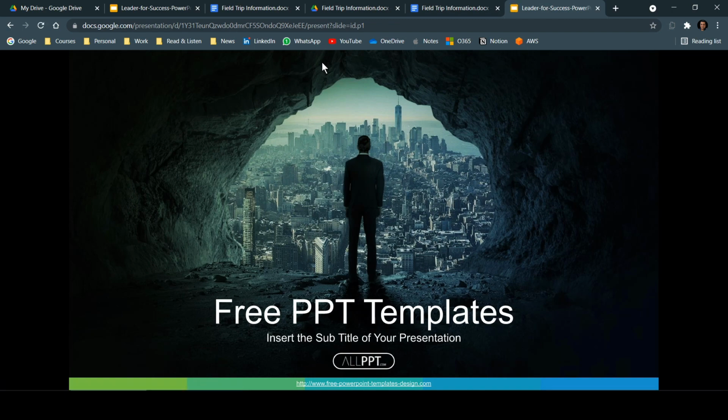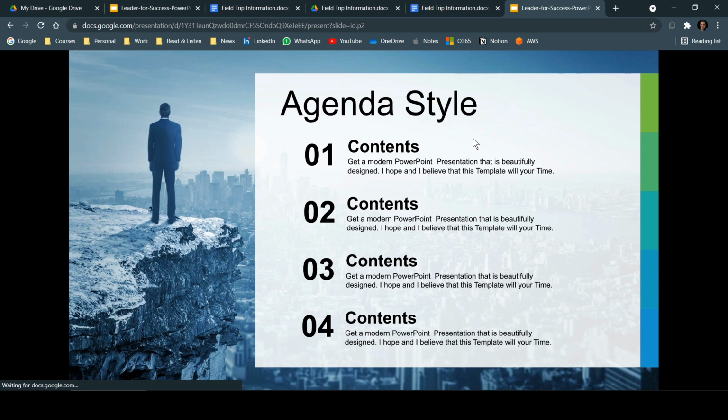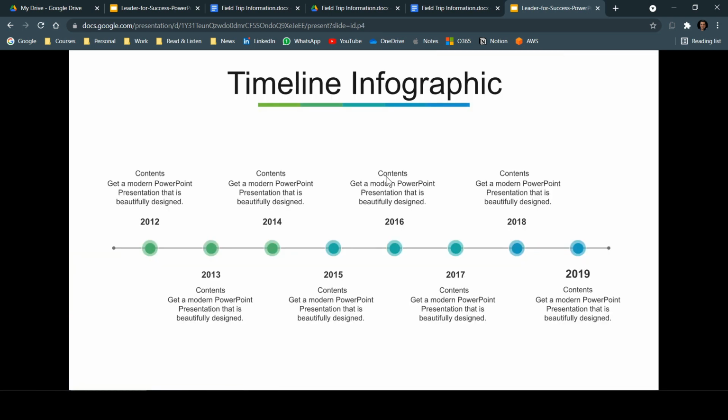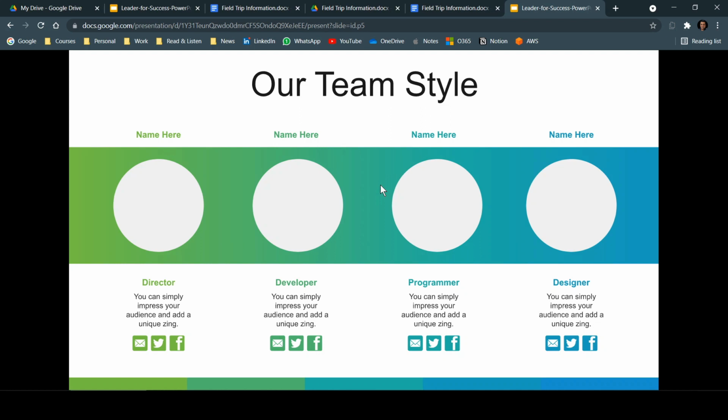You can see now it's in full screen mode. If I just click anywhere, it will go to the next slide. So it's currently in presentation mode. It's a finished product. People will be able to see it whenever they want to. So these are a few ways using which you can restrict usage of your files whenever you are sharing with the outside world.